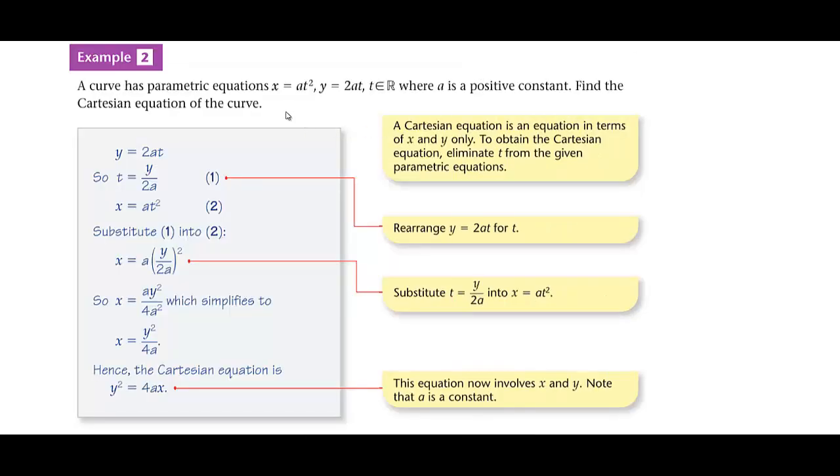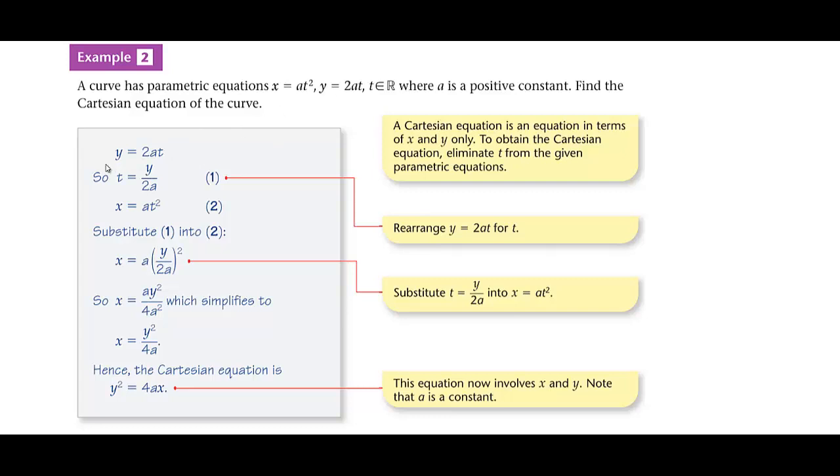Sometimes what we do here is eliminate this t from both of the equations, and then we get another equation in which y is written in terms of x. Eliminating the t from these equations is called the method of elimination. So in this example, we try to understand this method.